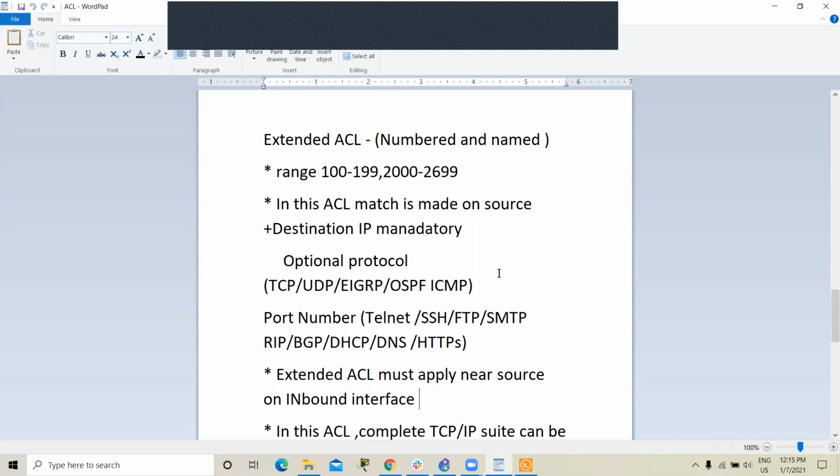In this ACL, a match is made on source as well as destination IP, which is mandatory. Optionally, we can specify the protocol we want to block or allow, like TCP, UDP, IGRP, OSPF, ICMP, and port numbers if you want to block Telnet, SSH, FTP, SMTP, RIP, BGP, DSCP, DNS, etc. It means all TCP/IP can be blocked in extended ACL.